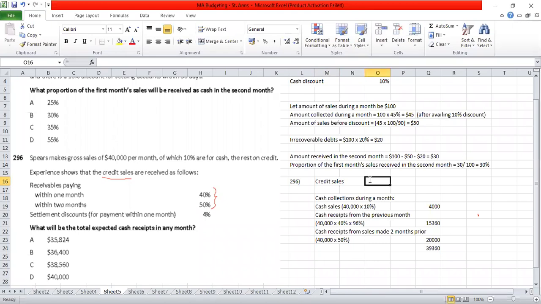So credit sales will be 40,000 into 90%, which is equal to 36,000. So 36,000 here it will be calculated as 36,000 into